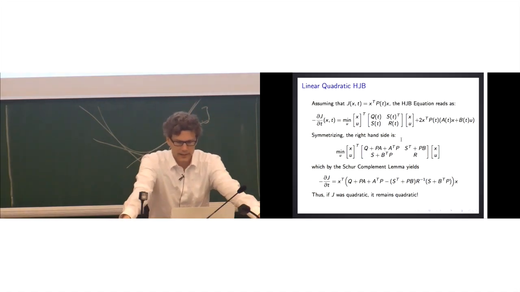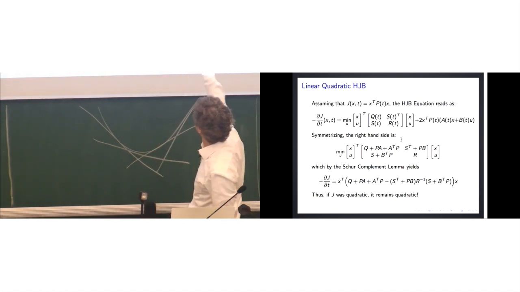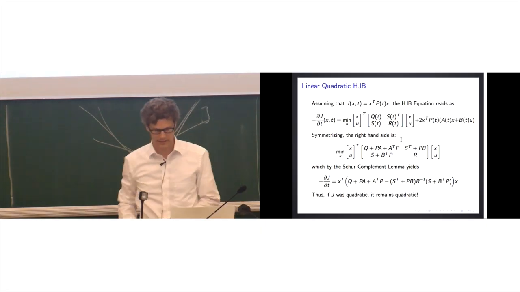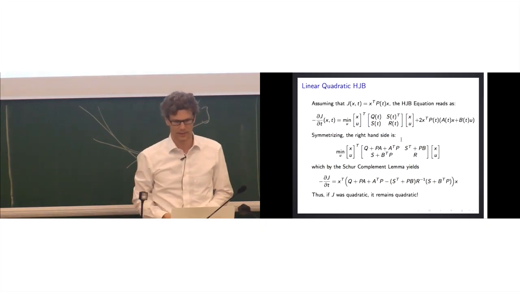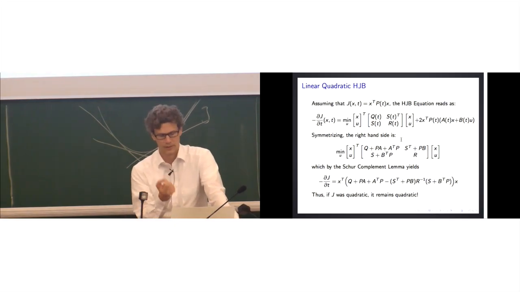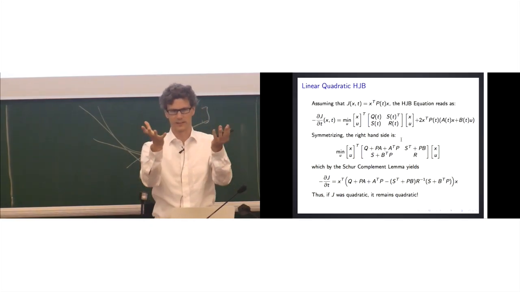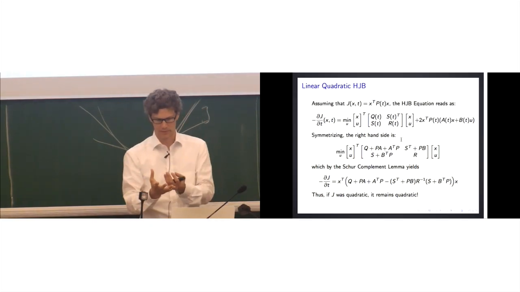And then I have a symmetric right-hand side, to which I can apply the Schur complement lemma like yesterday. It's exactly the same lemma, actually. I just need to invert this R, because I minimize over u. There's this R inverse here in the middle, and then the other two terms on the left and on the right. And the term here at the top is preserved. And I get the derivative of J. And the nice thing is that this J derivative, dJ by dt, is a quadratic function. So J itself is a quadratic function, and its rate of change is a quadratic function. That basically means that my